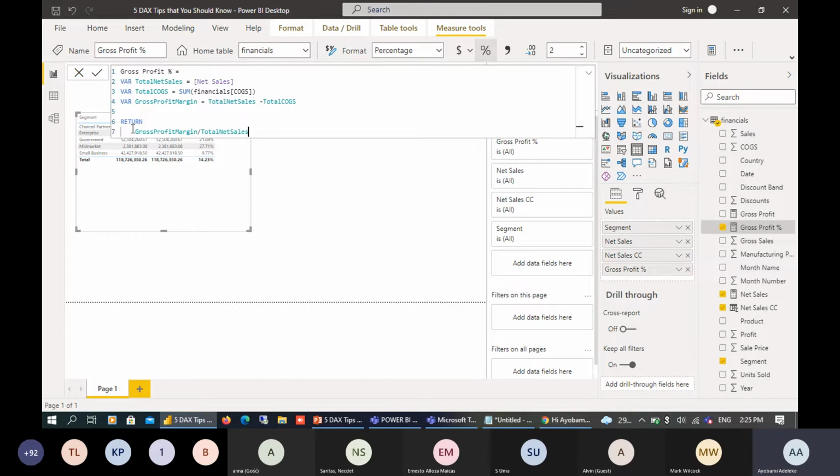Then on the return part of my measure, I'm trying to now divide the gross profit margin by my total net sales. But remember, best practice, it's always advisable you don't use the divide operator, rather use the divide function. So let's just implement that. So come to the front of it and do DIVIDE. The numerator is going to remain my gross profit margin, and my denominator is going to be my total net